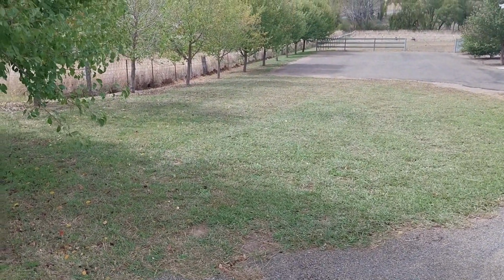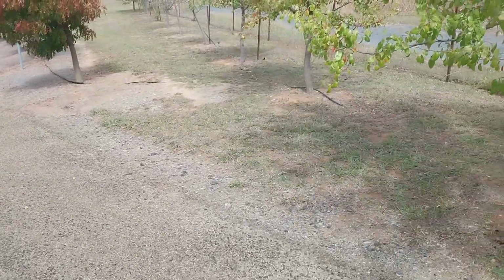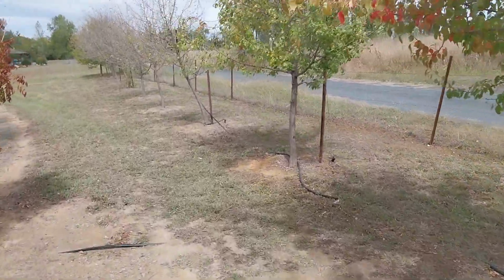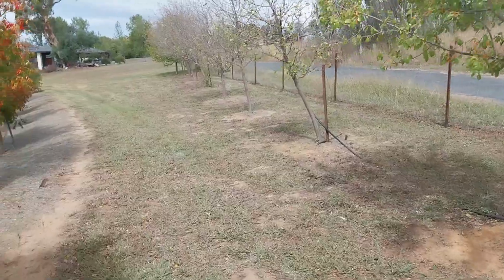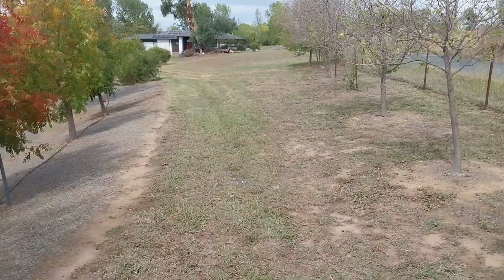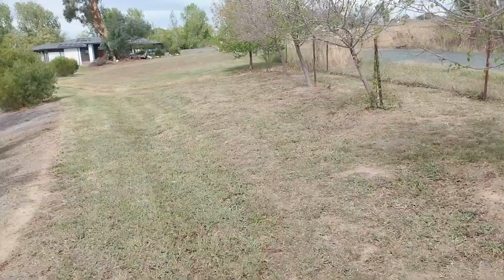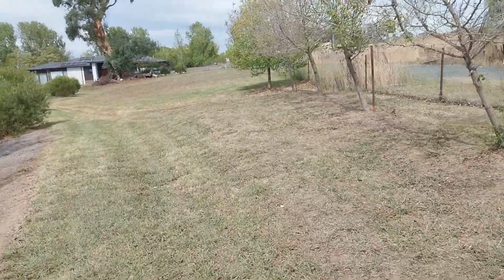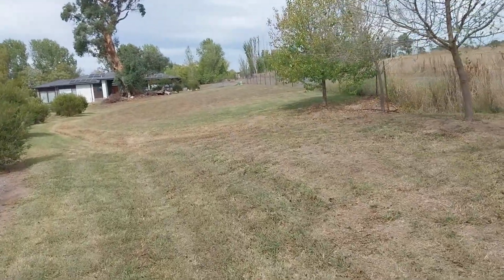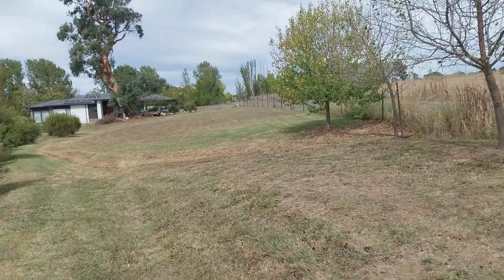You saw me do it at two different angles. Get it tidied up. I've leaf blowed as best I could. And then just walking up here, we've all seen this before, and you can see the paddock in the background as well. It has tidied it up a lot, so it's been worth it. And I did run the mower over the back paddock. Looks heaps better. So today I didn't do it up and down, I did it at an angle,